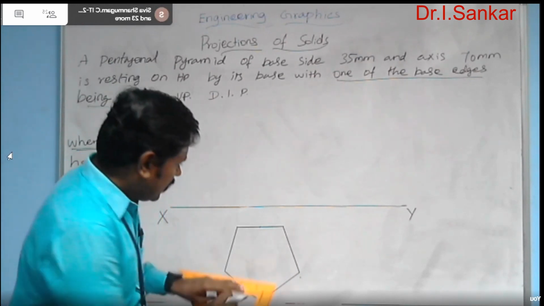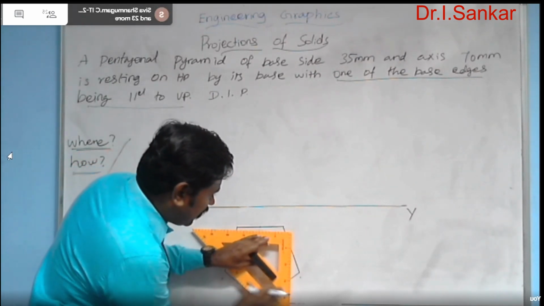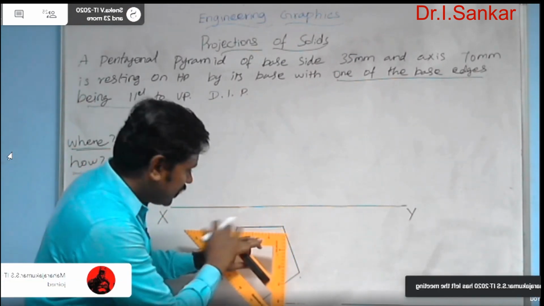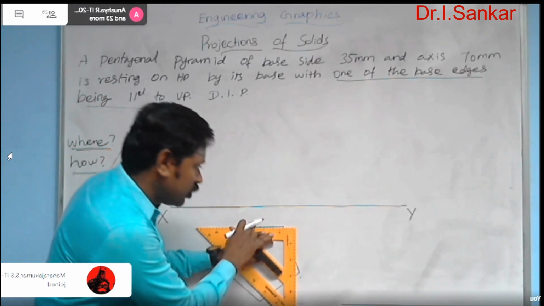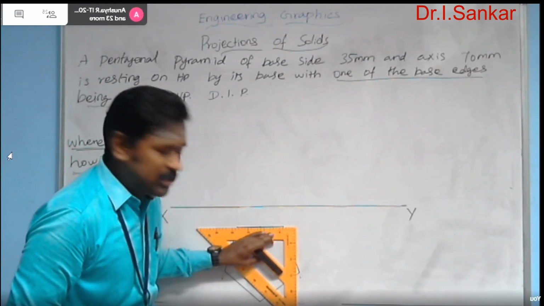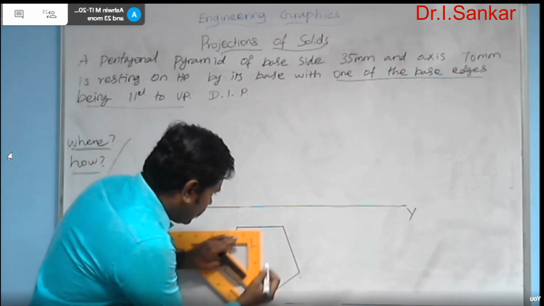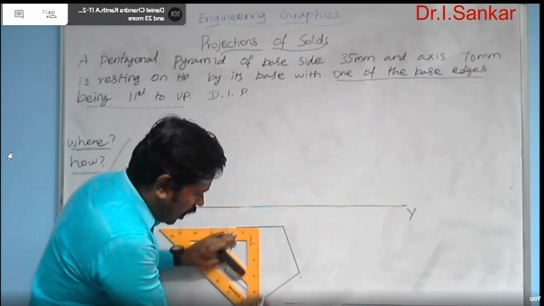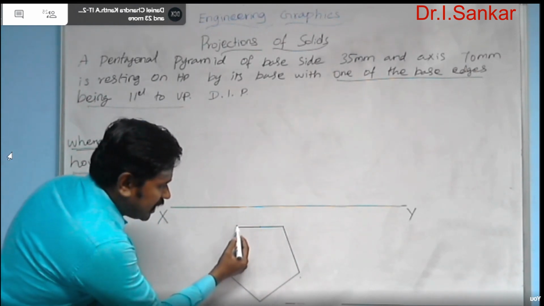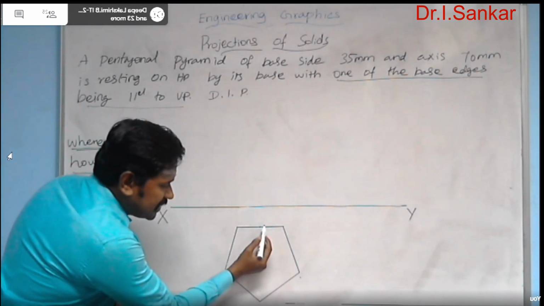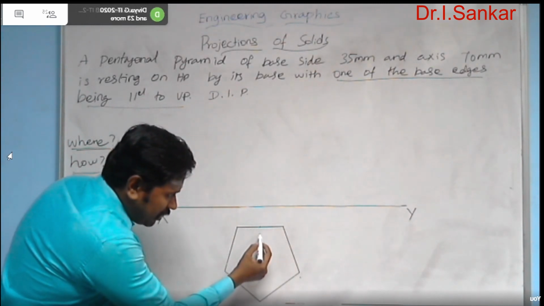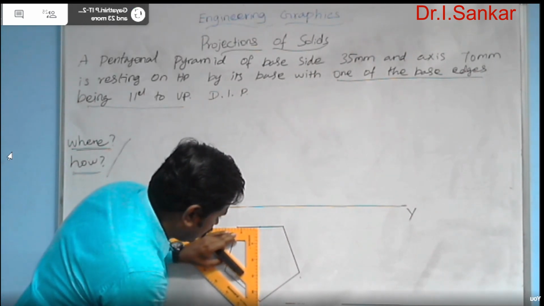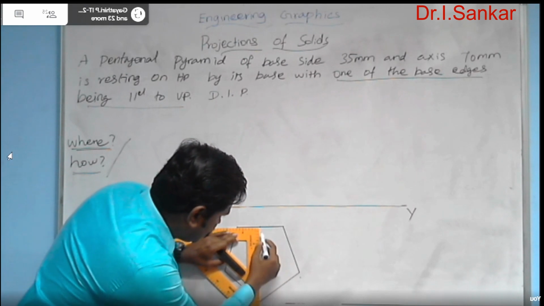Use your drafter. First, make your drafter. Drafter actually having perpendicular scales. So mutually perpendicular scales. Make one scale of the drafter parallel to any one side of your pentagonal base. From that side, draw a line towards the center corner opposite to that side. See here, now I am selecting that side. From that side, draw a perpendicular line towards the opposite corner. Just a rough line only, you need not to use HB pencil. Just with 2H pencil you can do that.